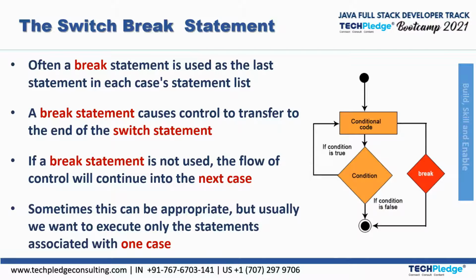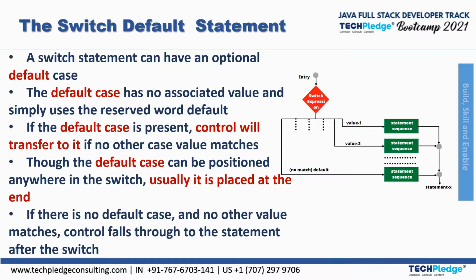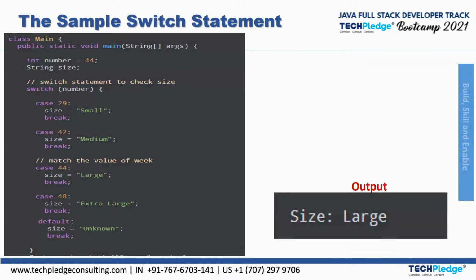Then comes the switch break statement. It is the same thing. If the condition does not match, it goes to the next case. If it runs, then you just get the output given in that case. Initially, the switch default statement is the one given at the end of the sequence itself. You can understand best with an example. Here, you write the number. Suppose you give the number 44, and then you check whether it is less.